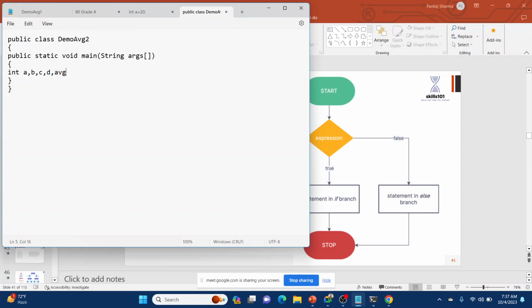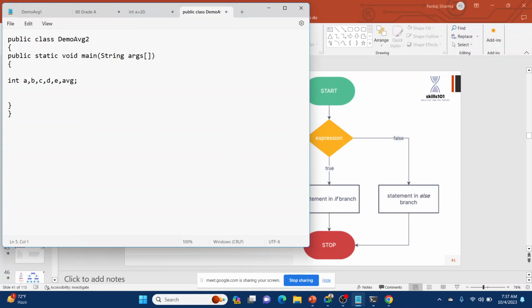Sir, if we want to take in float values? Yeah, if you want to, like 35 point something, you can take a float, no issues. But I am doing it in int because initially it is very easy to do.